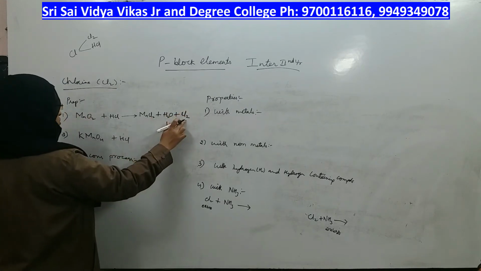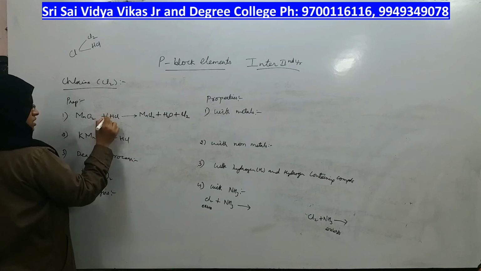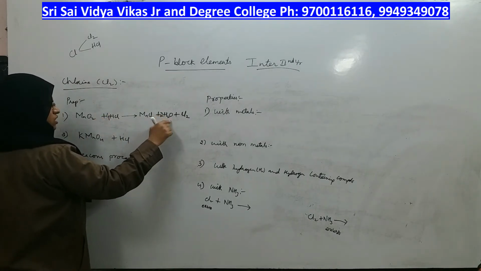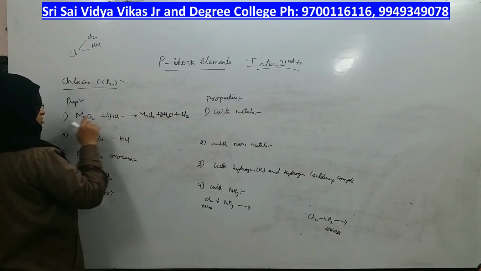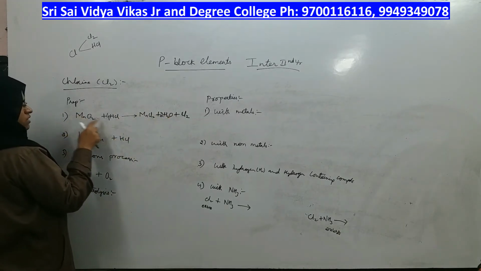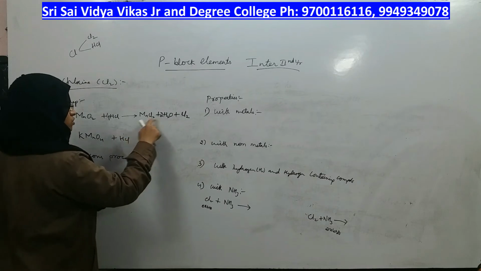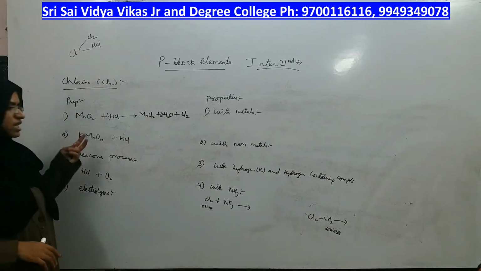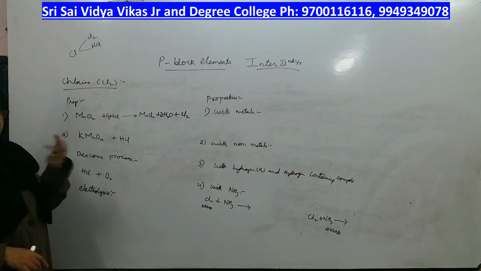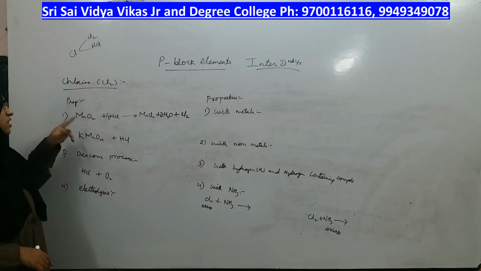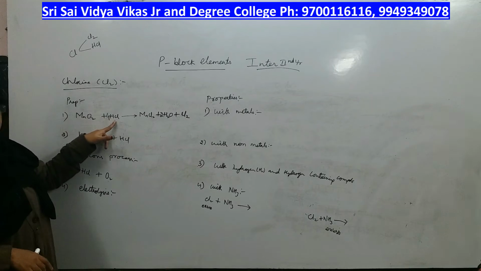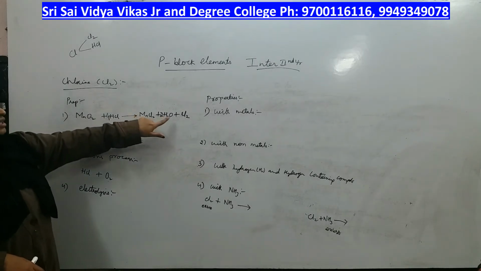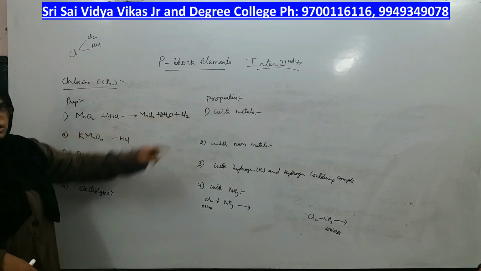2 chlorines here, 2 chlorines here. There is only 1 chlorine. That means you have to take 4 chlorines. How many water? 2H2O. How many oxygens? 2. How many oxygens? 2. Manganese is 1. This is 2 chlorines here, right? This is balanced. Balancing is not a big task. You have to change by the hit and trial method, then it gets balanced. When you take MnO2 with HCl acid, you will get MnCl2 salt plus water and chlorine gas.